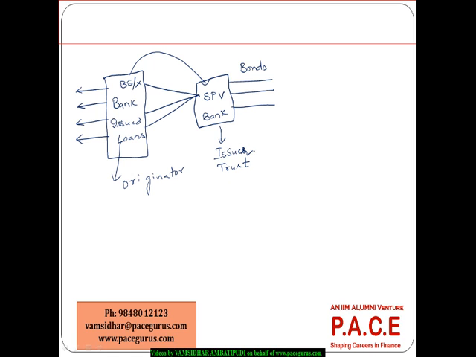This SPV, as the word itself says, is a special purpose vehicle. So it is created exclusively for purchasing the loans from the bank and issuing bonds out of those assets. So its purpose is only that much. And it has created the bonds which are called asset-backed securities and sold them to the investors. And depending on the payments that the borrowers are making,